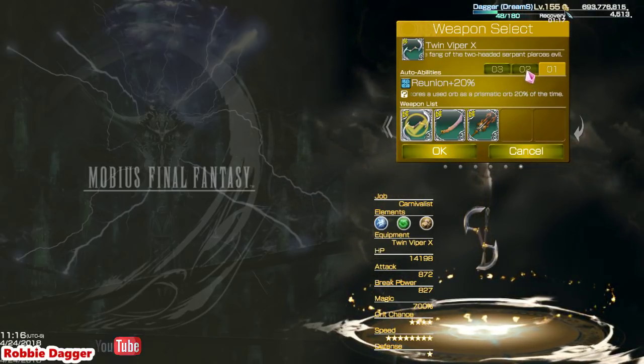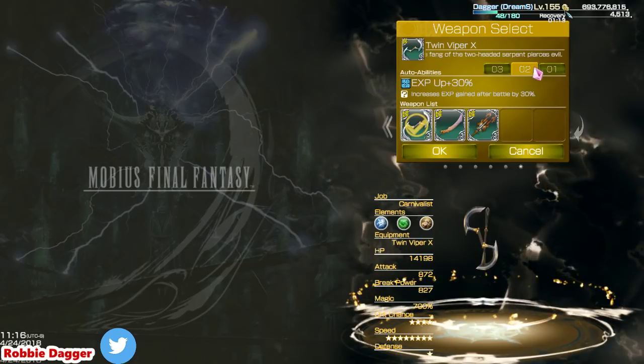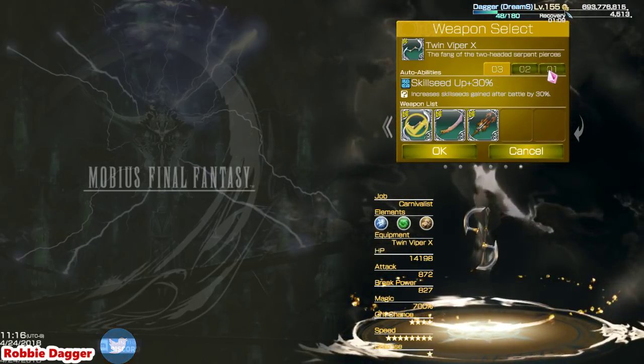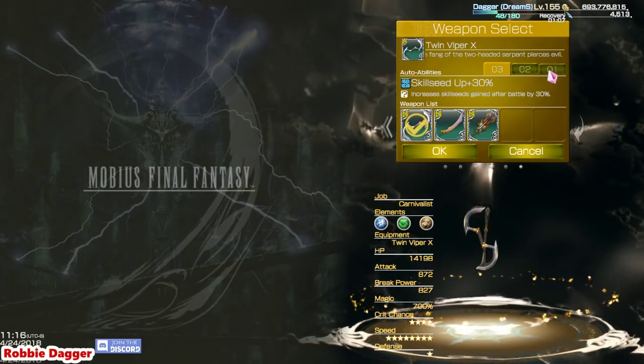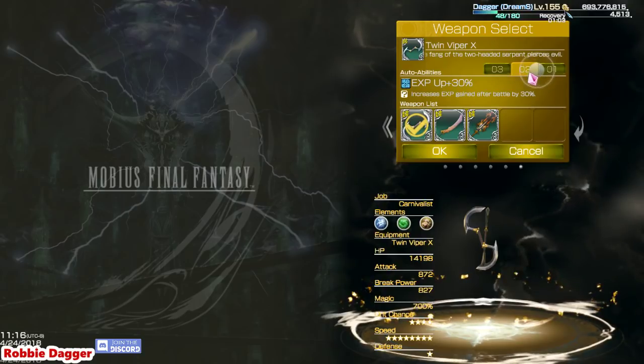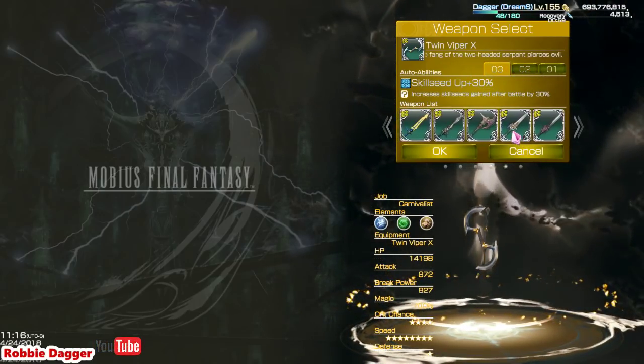For a weapon, I'm going with the Twin Viper that we got from the Final Fantasy VII event, fighting Sephiroth. This is my favorite thing to run if I'm running a healer or a tank, just because it gives you EXP plus 30%, and it also gives you skill seeds plus 30%. If you didn't have that,